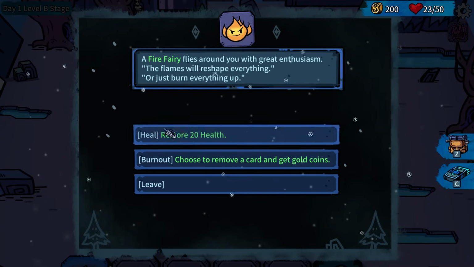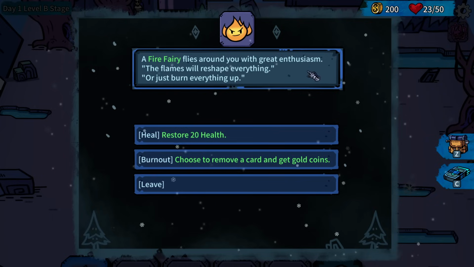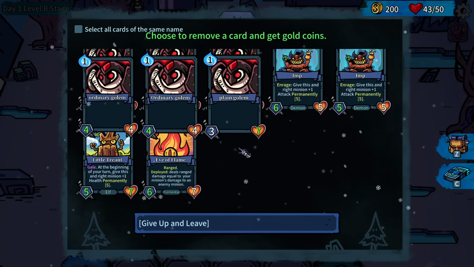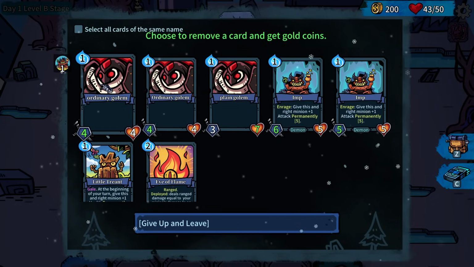Restore some HP and remove a card with it. That sounds absolutely lovely. Do we get to do both? Remove a card. Probably one of the ordinary golems. But the question is,